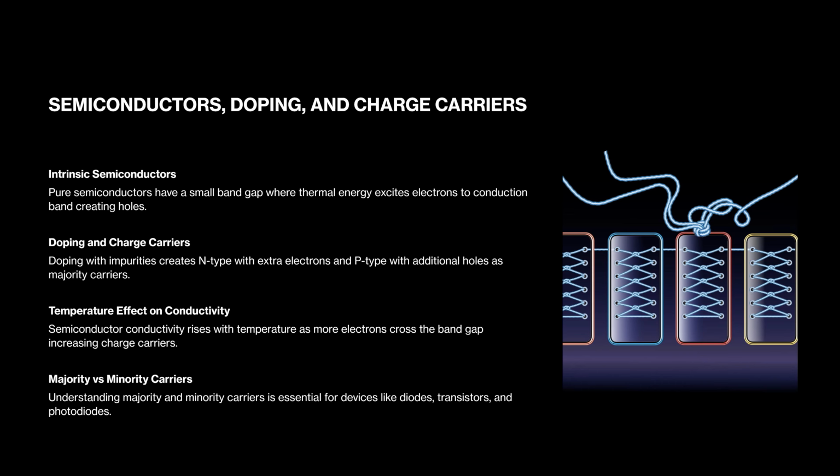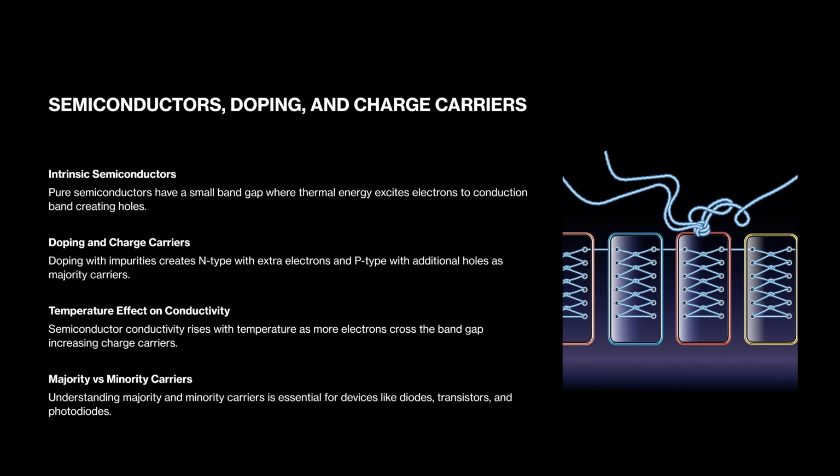The electrical properties of semiconductors are dramatically altered by doping, which involves adding small amounts of impurity atoms. N-type semiconductors are produced by doping with group 5 elements such as phosphorus, which donate extra electrons and make electrons the majority carriers. P-type semiconductors are doped with group 3 elements such as boron, creating additional holes that act as the majority carriers. The distinction between majority and minority carriers is crucial for understanding devices such as diodes, transistors, and